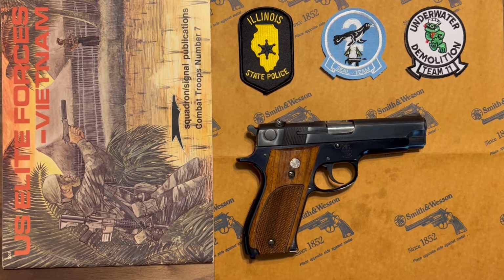So fairly shortly thereafter, about 1971, Smith & Wesson reintroduces the 39 as a 39-2, and this is exactly what we have here. And we'll get to this specific pistol in a minute. But the Illinois State Police then utilized the 39-2, and they have a very long relationship with Smith & Wesson. It actually goes decades. It goes the 70s, the 80s, and then the 90s until it finally gets to the early 2000s,